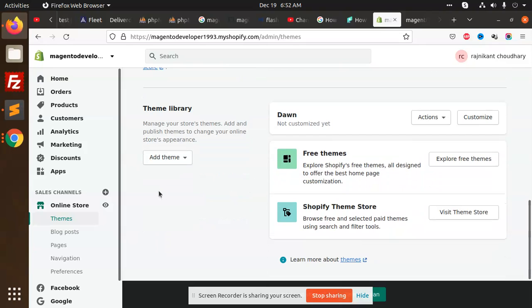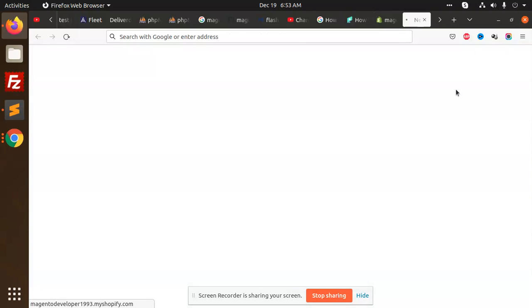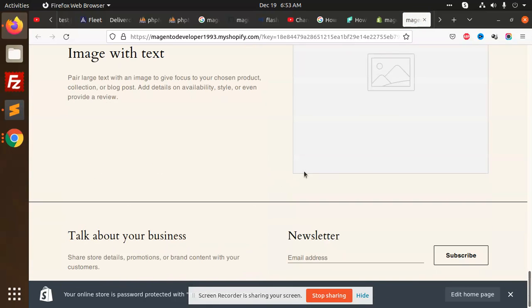And after that, what next? It says view store. The theme is already there on the site, and in just a few steps we are able to set up the Shopify store, right? After that we have to do minor configurations. We will do step-by-step videos on how to add the product, how to customize the theme, and how to choose the theme according to our needs. Let's check all these things in the coming tutorials.